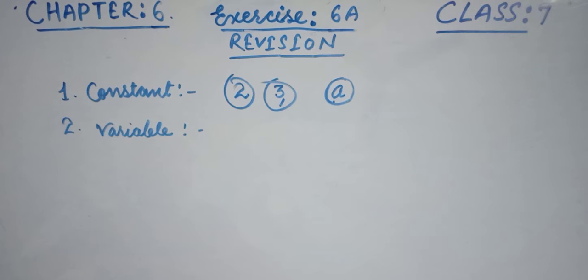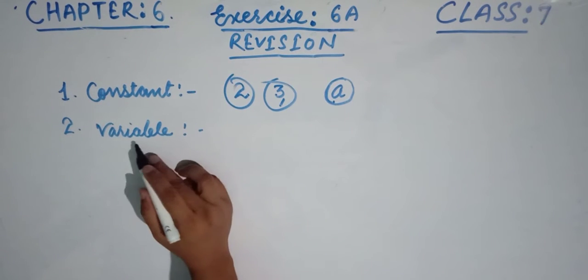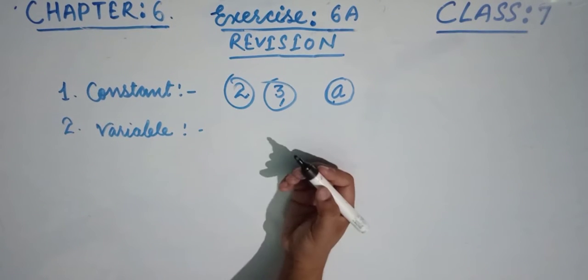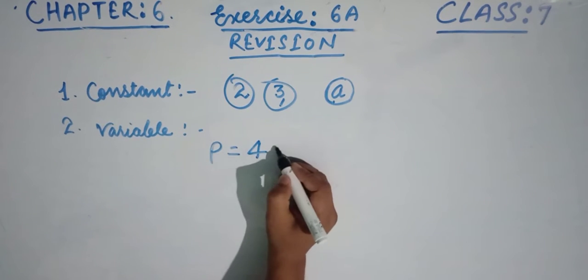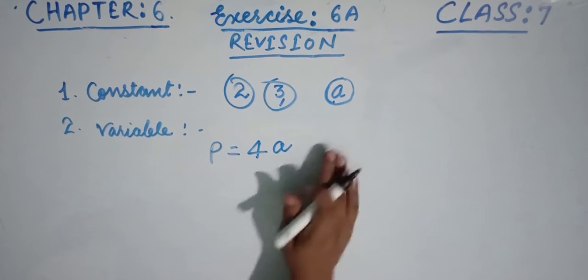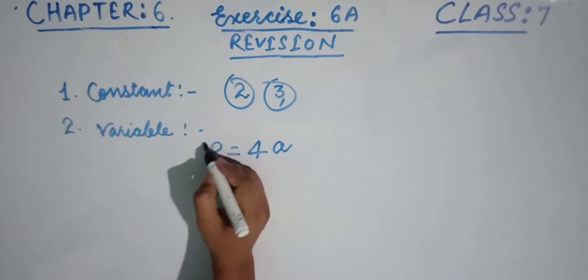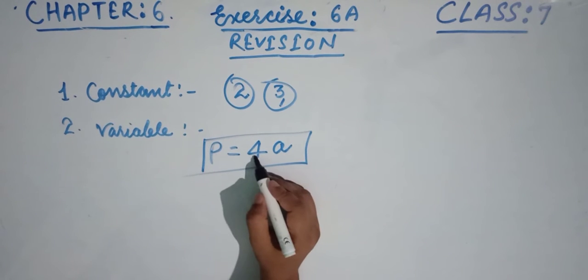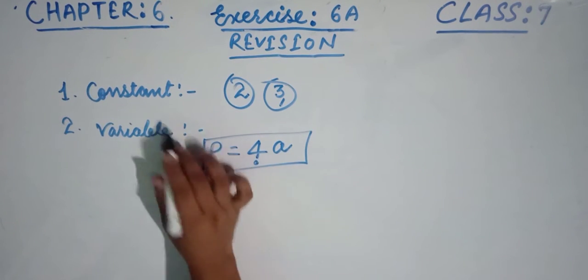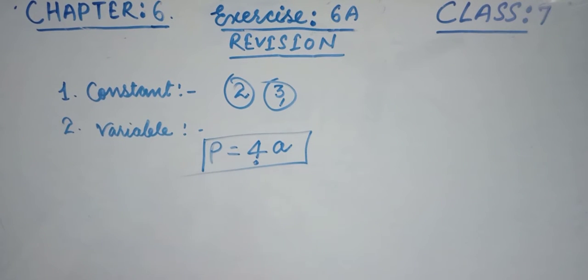Now the next point is, we can see the examples. Suppose the variables, the perimeter of a square. Suppose the perimeter of a square P is equal to 4 into side, friends, a. Okay, 4 into side. If you look at it, friends, this 4 is the constant, so 4 cannot be changed, while talking about whether the perimeter is very small or very big, the square is very big.